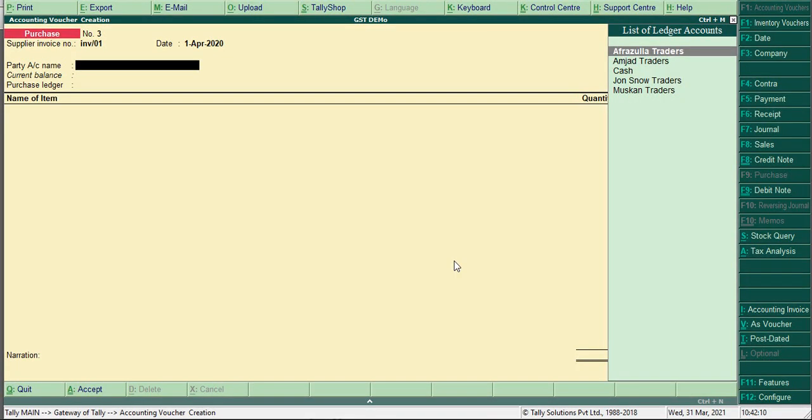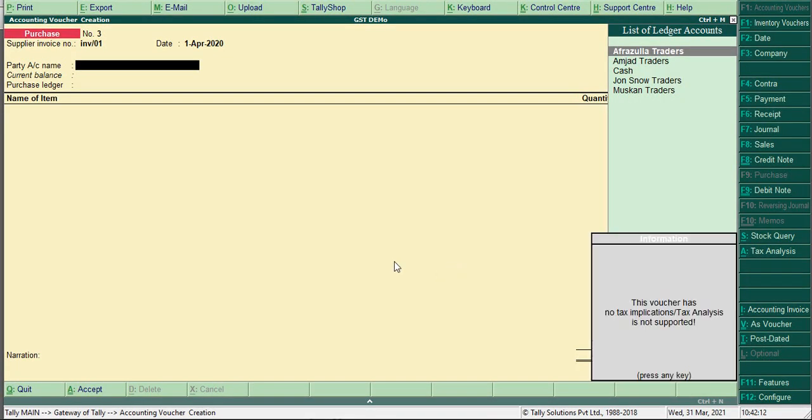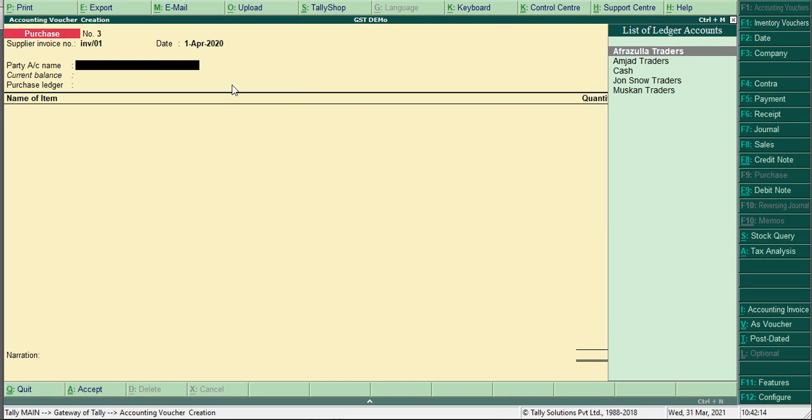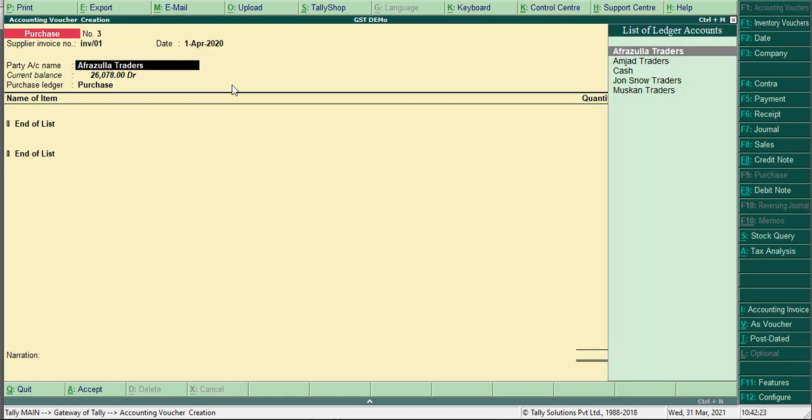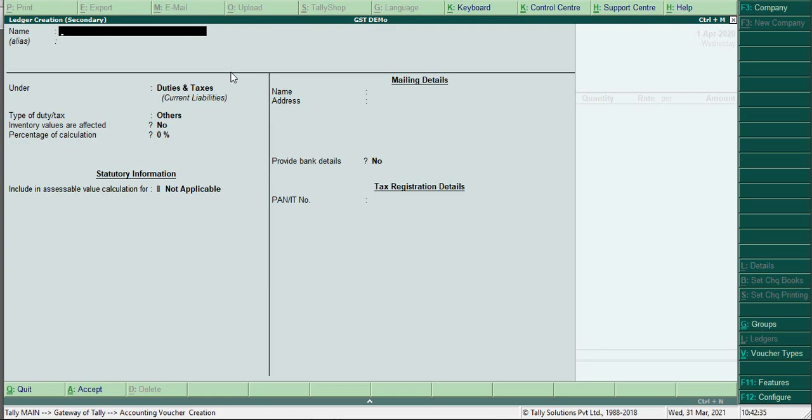Remote traders. So create, Control C. Remote traders.